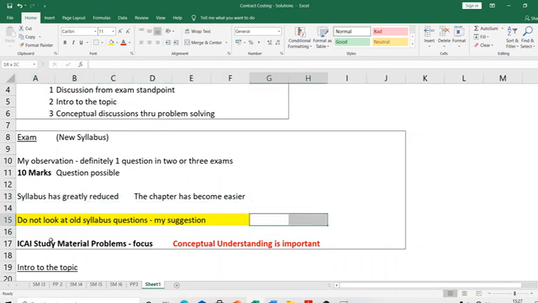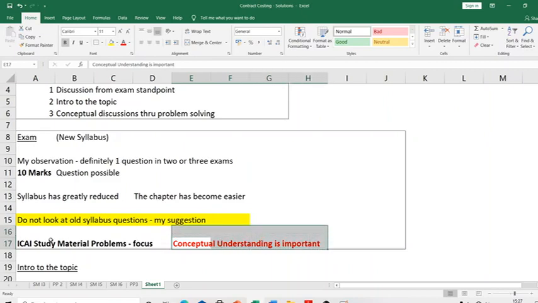And from my experience, as far as the exam is concerned, there's no better source than the ICAI material. If someone is thorough with the ICAI study material problems and, consequently, the RTP questions, then I don't think it's a great deal to keep practicing problems from other sources as far as your exam is concerned. Okay, so I want to make that point very clear so that you don't think we are doing only a limited number of problems.